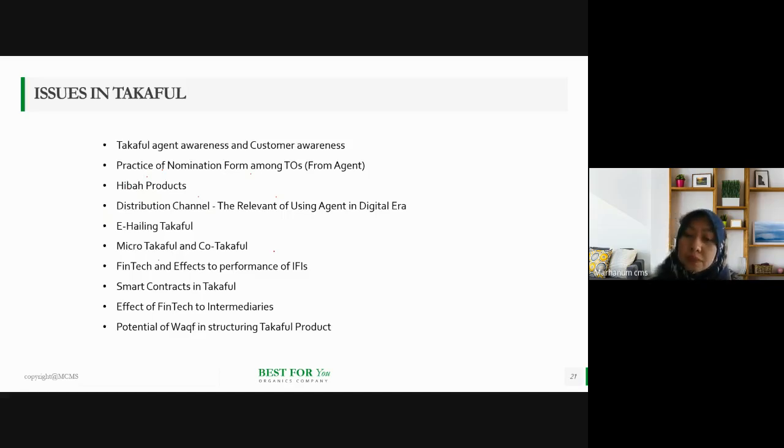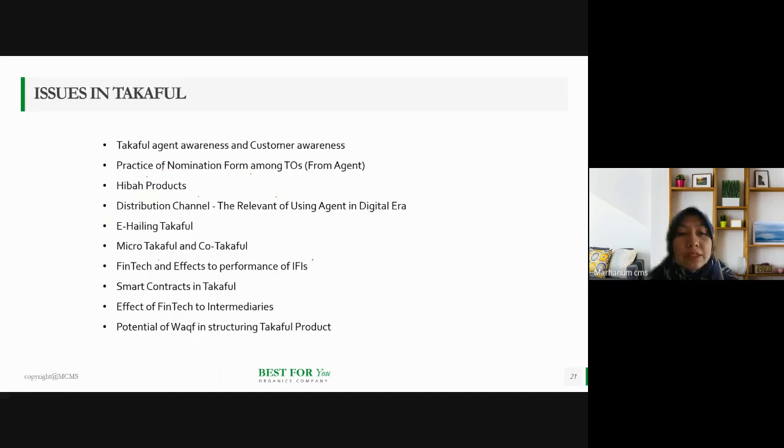So 10% of 10,000 is 1,000. We have to pay 1,000 using our own money, because it is 10%. The other 90% will be backed by the Takaful. It is collaboration. And then fintech and its effects on the performance of Islamic financial institutions or Takaful operators,